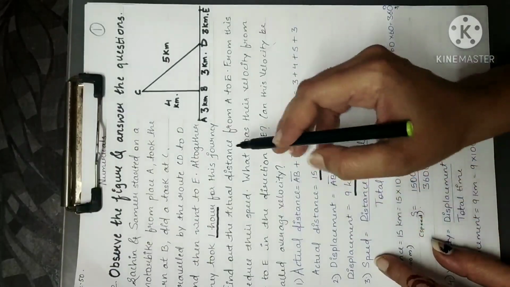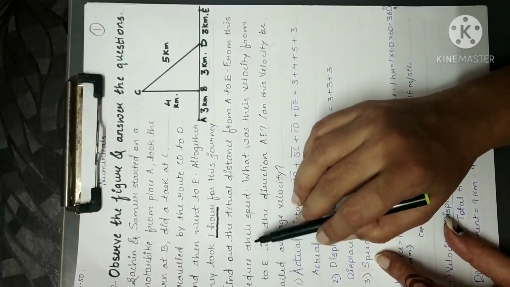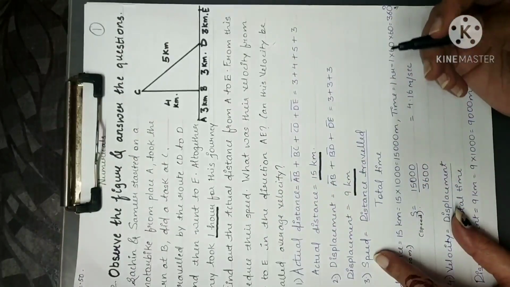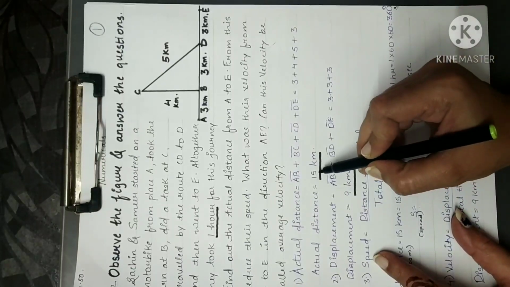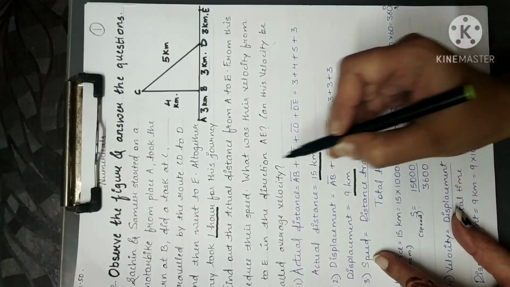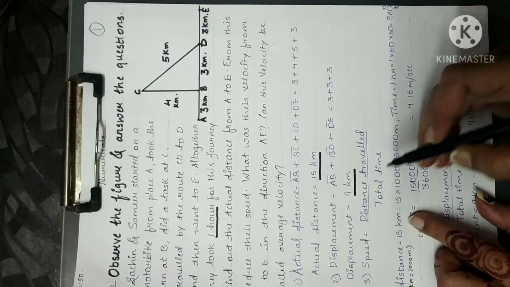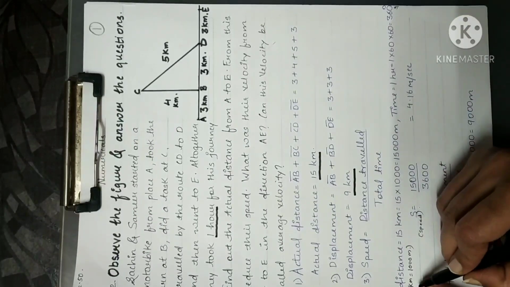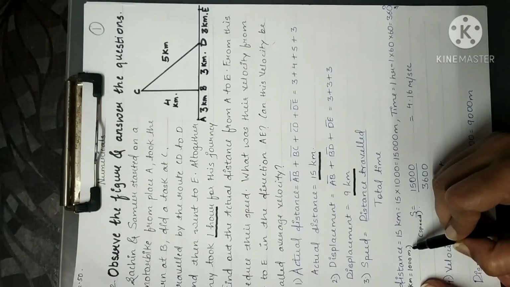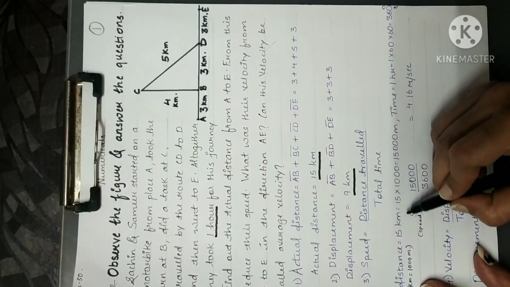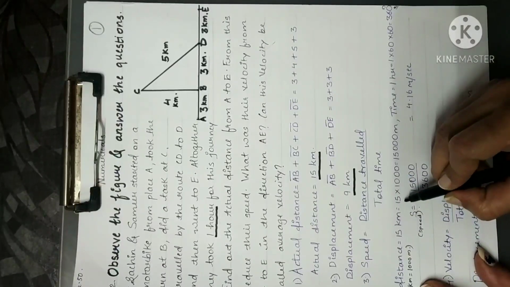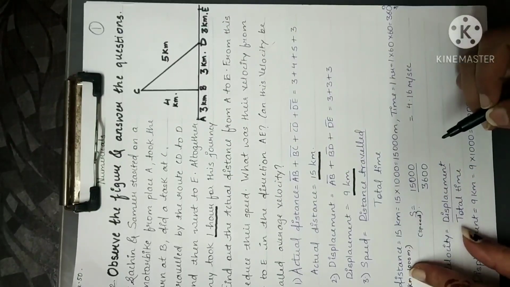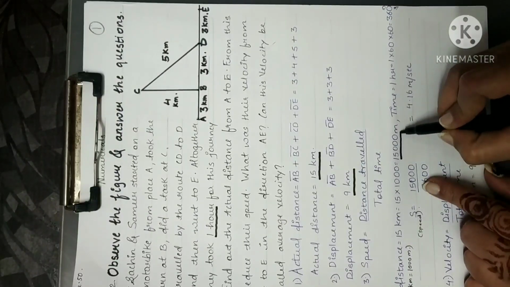Now next, they already told in the question to deduce their speed. So speed is equal to distance traveled upon total time. What is distance traveled? 15 kilometer, and total time 1 hour. First we will convert that 15 kilometer into meter. See children, 1 kilometer is equal to 1000 meter. So 15 kilometer is 15 into 1000, so 15,000 meters. Distance is 15,000 meter.